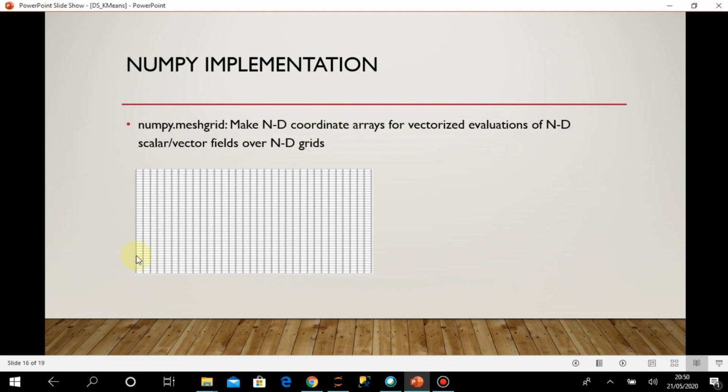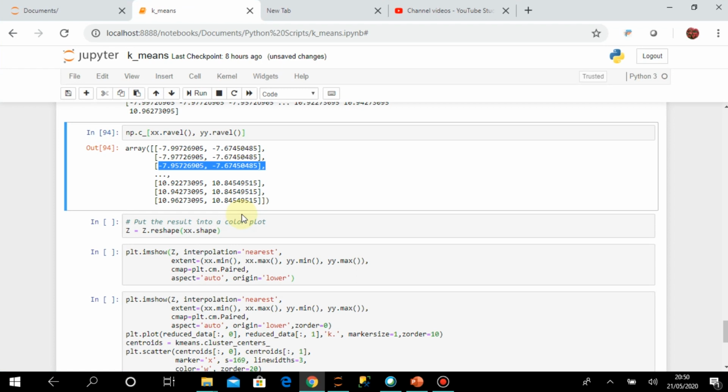Suppose for this point on the graph it may be 8,6. So we can represent any point of this graph with an x comma y value, and it's just doing that. All the things we have done so far, first creating the meshgrid, and then ravel and c_, are just to get all the values in the form x comma y. So we now got it.